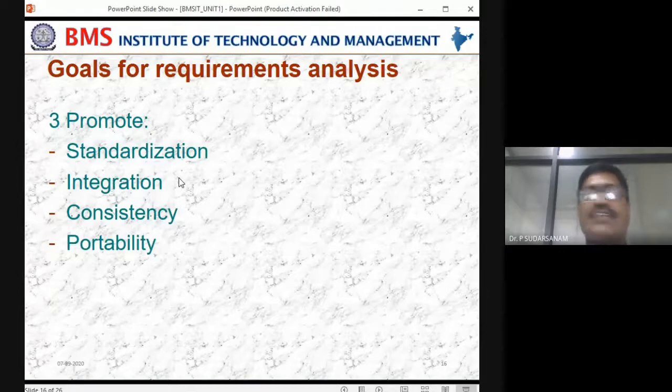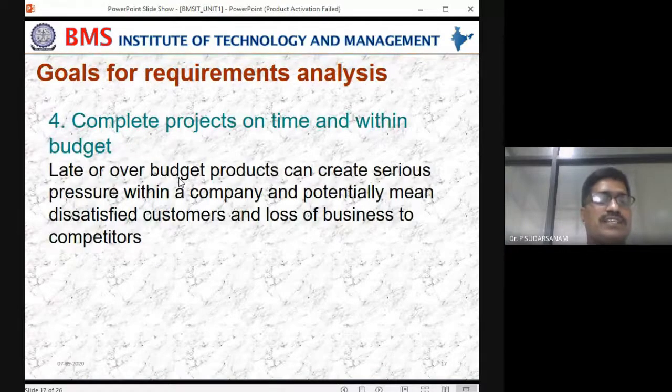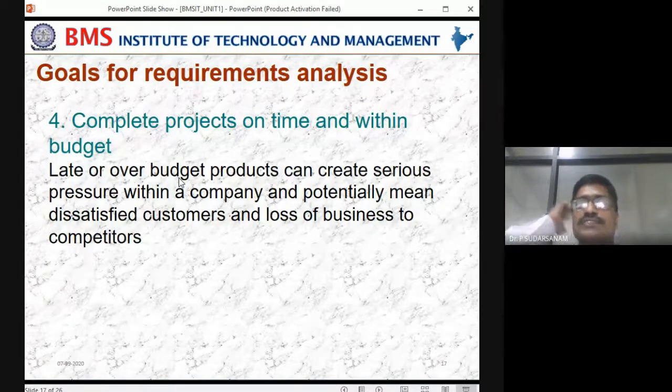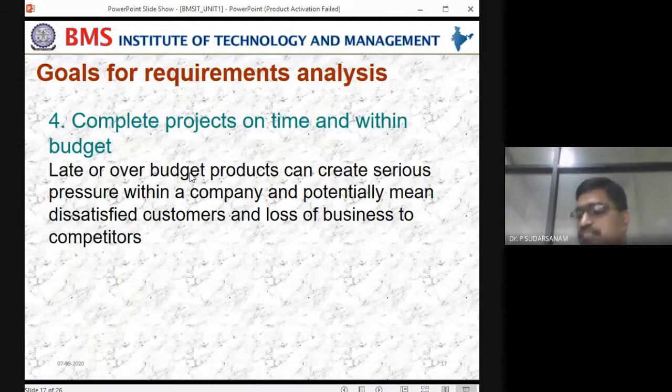All these things we can see, we can give the examples. Next one is complete the projects on time and within the budget. Complete them on time and within the budget also. So these are also most important. Whenever you are developing any item, if you develop for 10 years, then there is no use. So you have to keep in mind the user's requirement and societal needs. They should be defined first itself, maybe 6 months or 1 year.